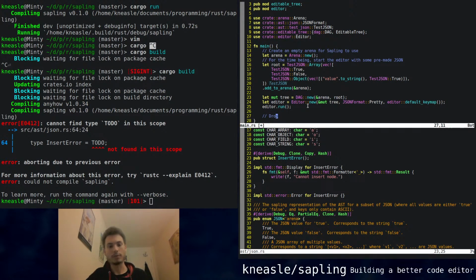And things are dropped in the opposite order that they're created. So the very last thing that program will do is to drop the arena. Yes, we are. We are using an arena allocator. We're using a slightly custom one so far, because I'd quite like to,